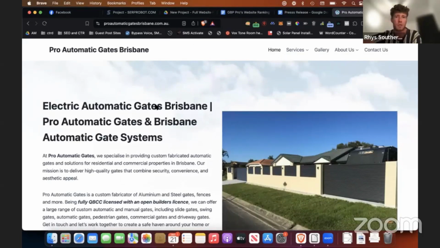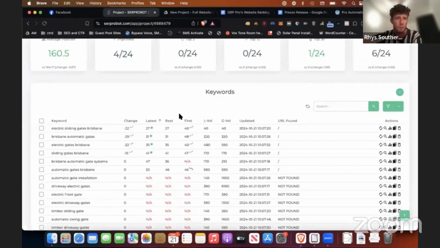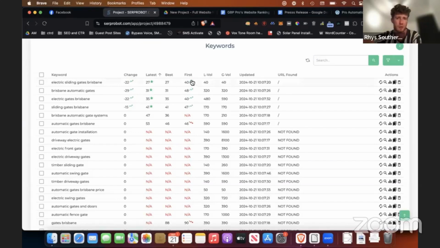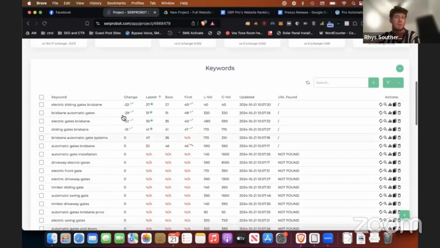So we went through all of that, but today we're going to go through an update on the rankings. When we first put the keywords into the software, we weren't ranking very well, and then we jumped in. We were at 47, 40, 48, 40 for some of the main keywords. You can see I reran the scans this morning and we're moving up in the positions, which is great. Some of the bigger keywords, like Electric Gates Brisbane, are coming in now at 35. So we're already seeing some slight movement in the positive direction